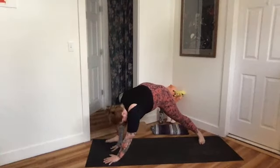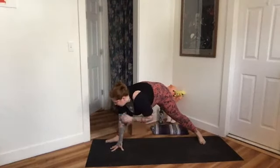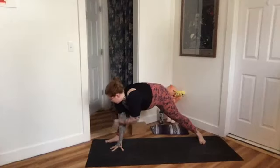Spin your back heel down. So left toes go to the left. Front leg, right toes go straight forward. Chest and shoulders lift up. Warrior two. So here in Virabhadrasana 2, we'll do some of that same